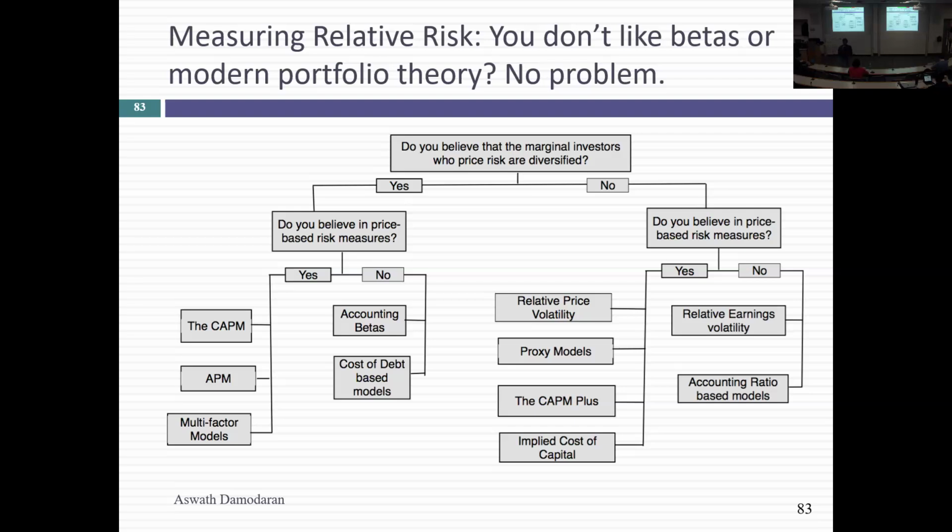The other argument is a little more subtle. Remember, we started the discussion of risk and return. We talked about how risk is measured through the eyes of the marginal investor in a company. And then we made an assumption for publicly traded stocks that the marginal investor is the person